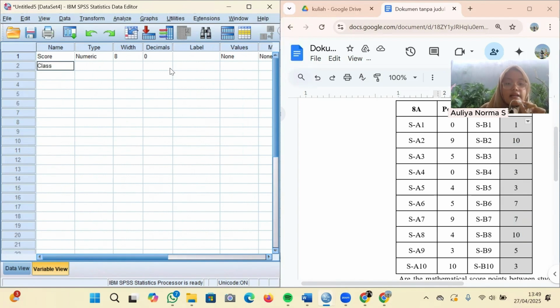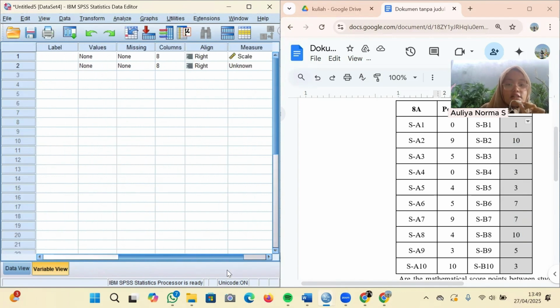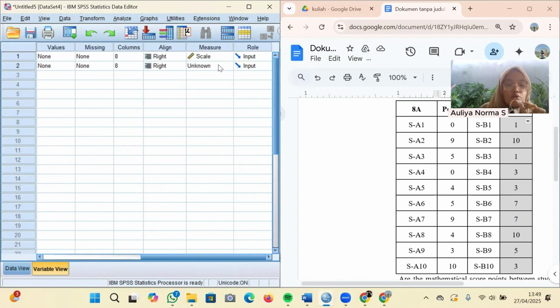Change decimal again to 0, and then change measure to nominal,